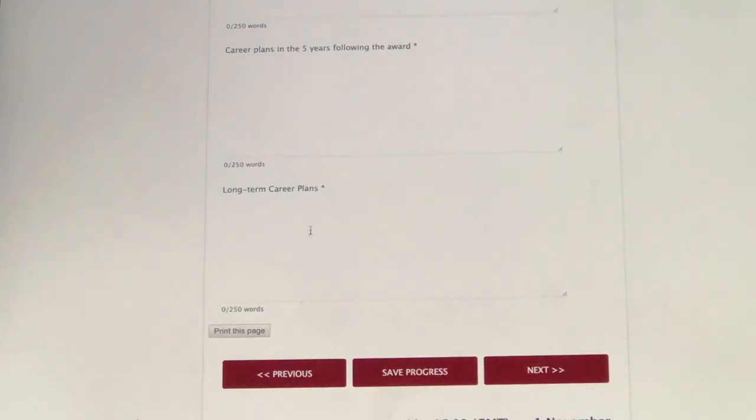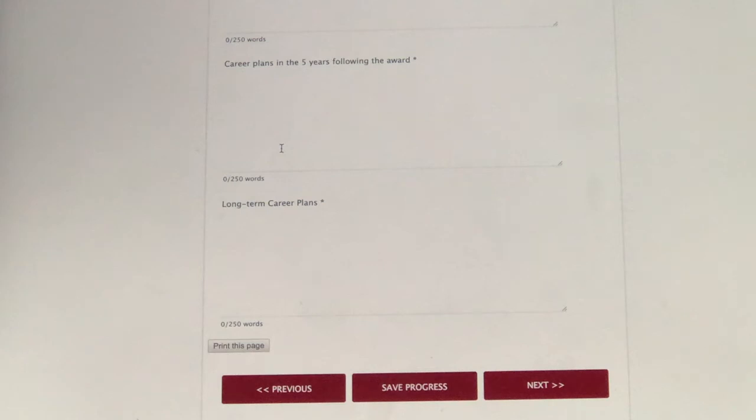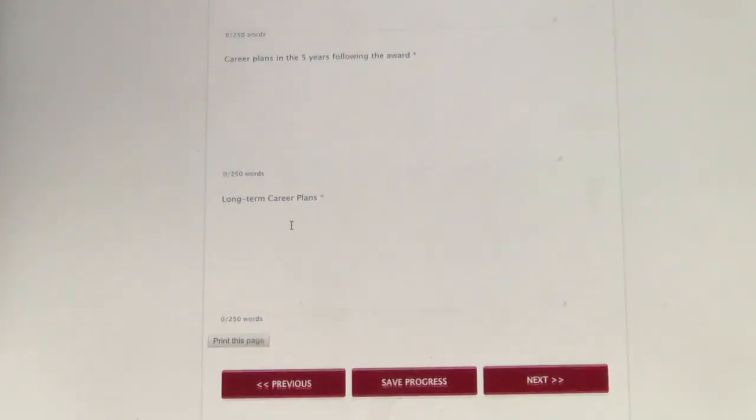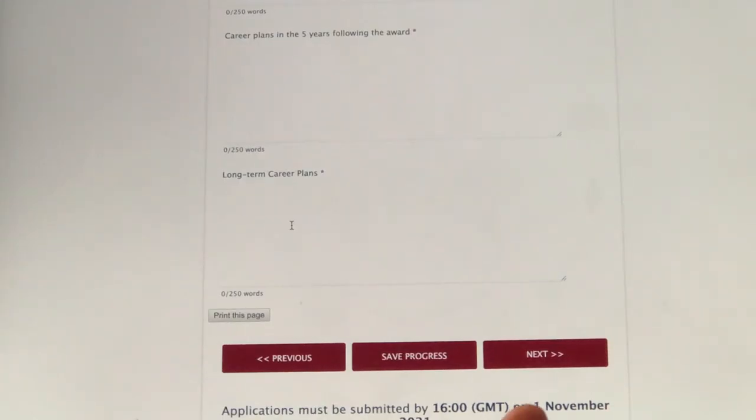You can set it, of course, within 5 years, but for you to be fully established, because you need funding and everything, you can also include that in your long-term career plan. Or also you can say, I want to set up a consultation firm in terms of maybe education and environmental protection. But to do that, you have to be realistic.